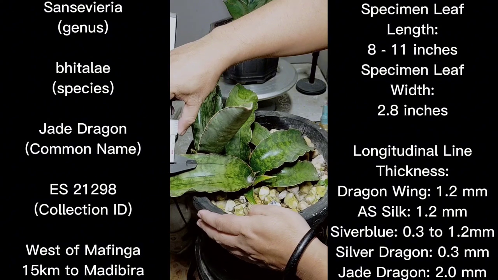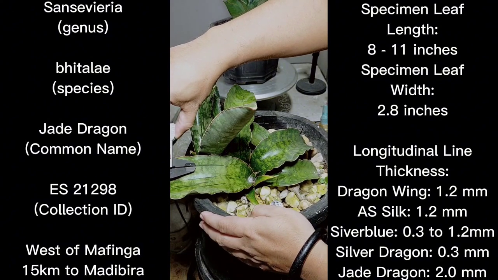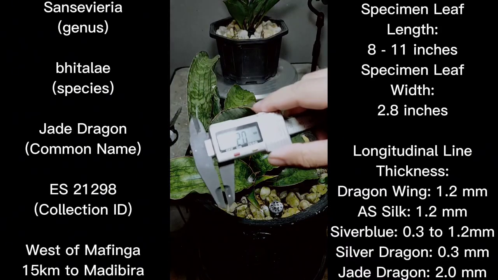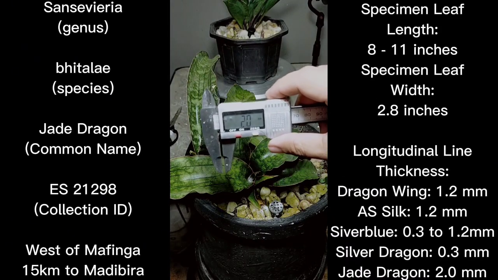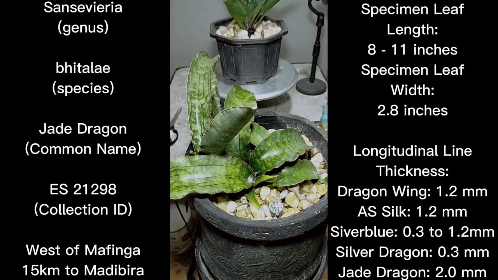I don't know if you can see it, but the measure that I'm getting would be 2 millimeters. So Silver Dragon is actually just 0.3 millimeters. Your Dragon Wing and then Silver Blue, they would be at 1.2 millimeters for the longitudinal lines, and then you